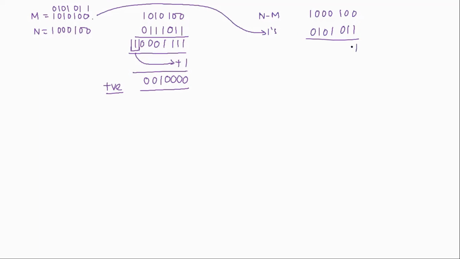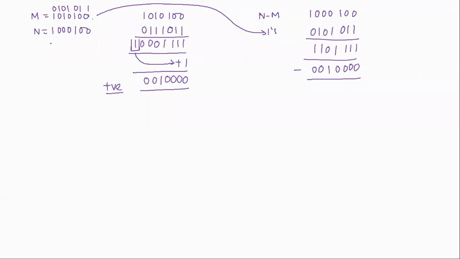So you add them. So here you can see there is no carry. In that case, what are you supposed to do? Take the 1's complement of this, and place a negative sign here. So that will be your answer. I hope you get a good idea about the two kinds of subtractions, 1's complement and 2's complement. If you have any doubt, you are free to share your doubts with me.